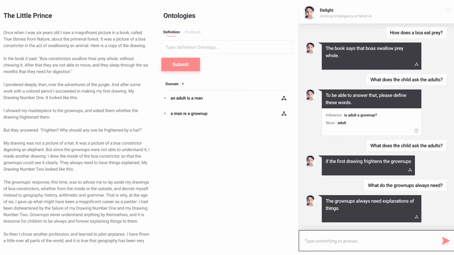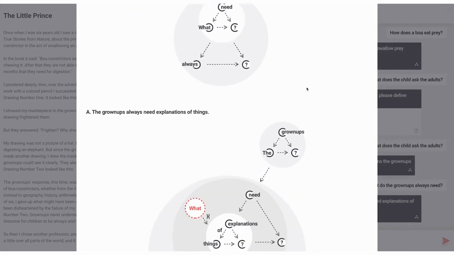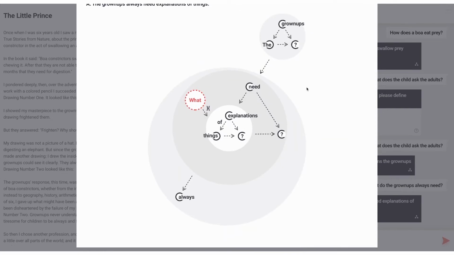The grown-ups always need explanations of things. Right. The grown-up always needs explanation of things. Let's see if you can see how that works. This is a rather simple resolution. Right? What do the grown-ups always need? And then we resolve that pretty simply as the what, semantically, the explanation of things. They always need the explanation of things. They don't understand, they don't see by themselves. Okay, so